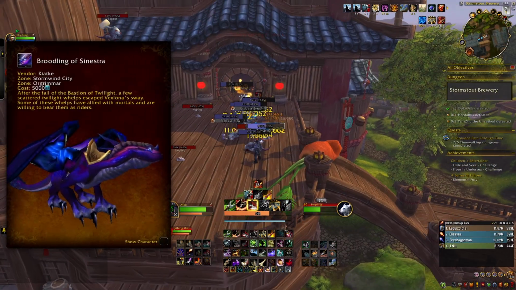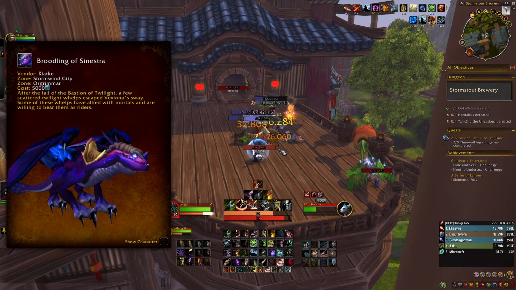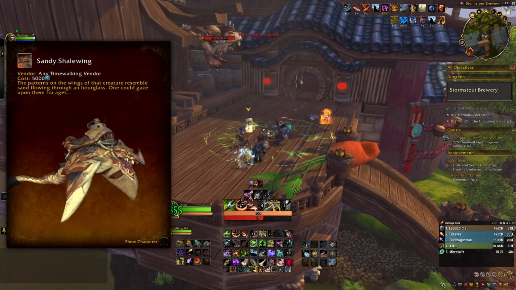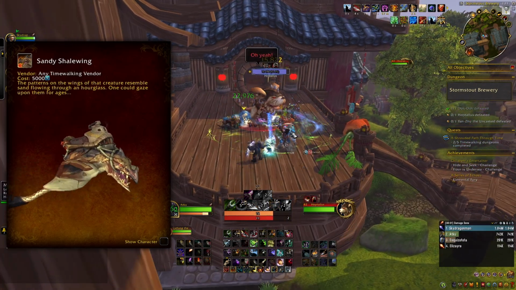And finally, for the week of February 18th, during Cataclysm, you can find Kiotki in either Stormwind or Orgrimmar for the Broodling of Sinestra mount. In addition to these, all time-walking vendors sell last year's Turbulent Timeways reward mount, the Sandy Shalewing, for 5,000 Time